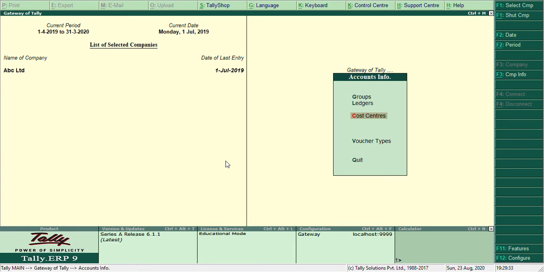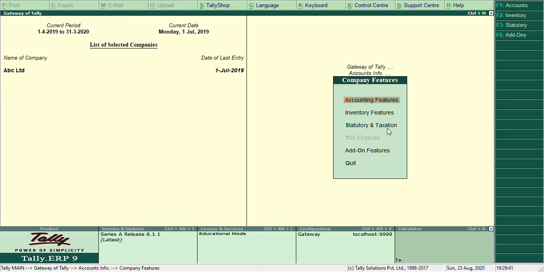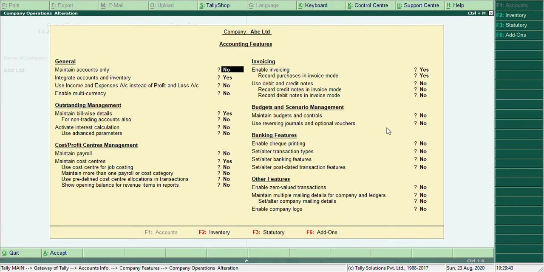And now what I require is a cost category. So cost category is not there, so again it's an additional feature we have to enable by pressing F11. In the accounts features, there you will find maintain more than one cost categories to yes.